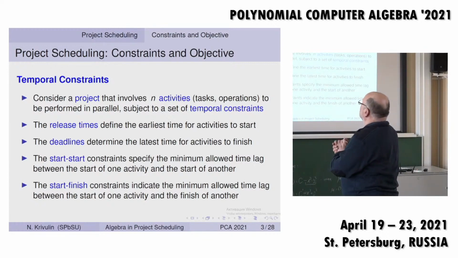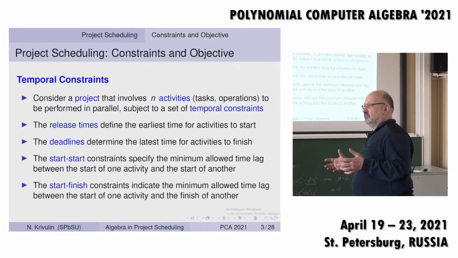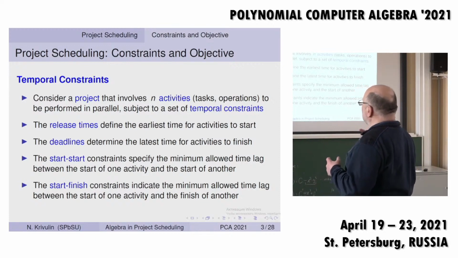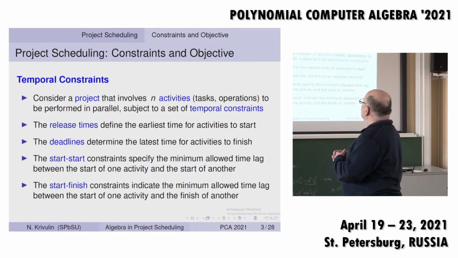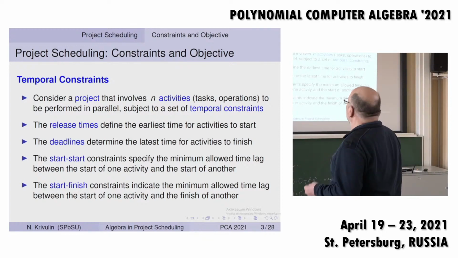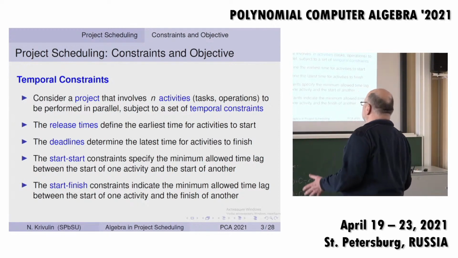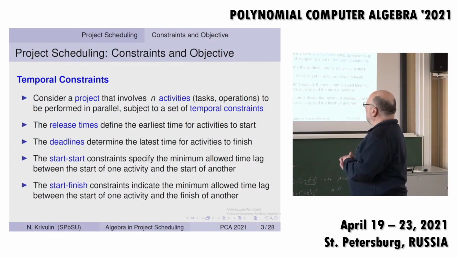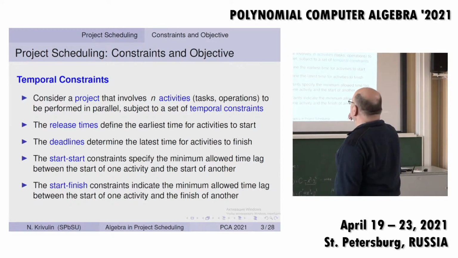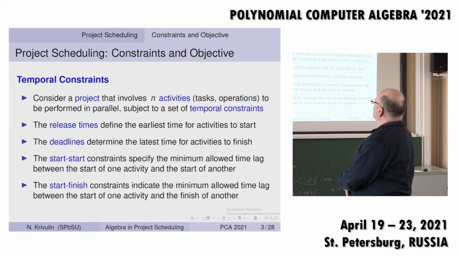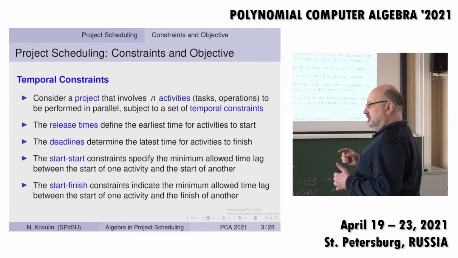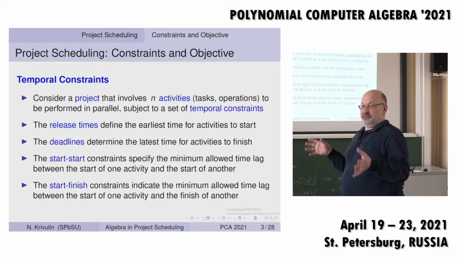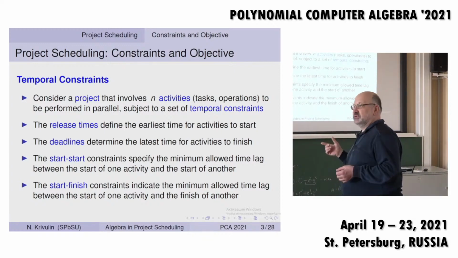Let's talk about the application problem. Imagine that we have a project which consists of a set of activities which have to be performed in parallel. There are some constraints imposed on the start and finish times of the activities. These are release times, deadlines, and start-start and start-finish relationships, which are relationships between start and finish times of activities. The release times define the earliest time for each activity to start. The deadline is the latest time for each activity to finish, and the start-start and start-finish relationships